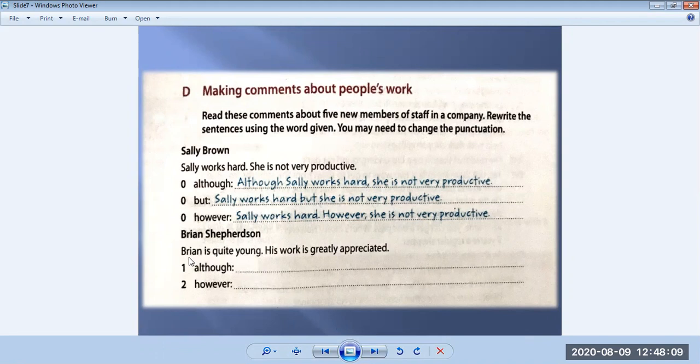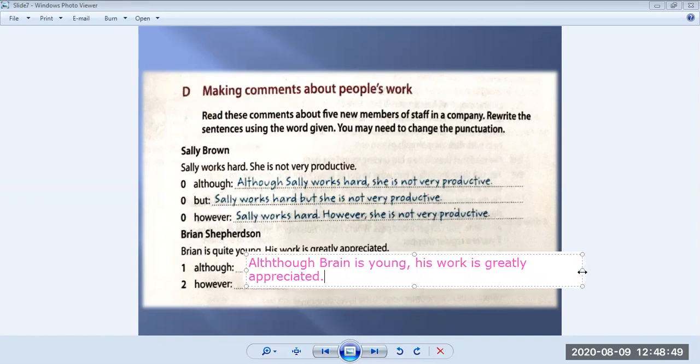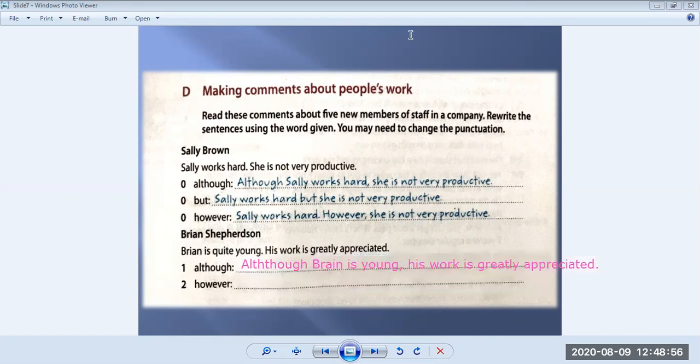You're going to use, change, his brain is quite young. His work is greatly appreciated. So I'm going to give one example over here. Although his brain is young, his work is greatly appreciated. So in such a way, you're going to change the sentence, using the linking words to bring out the right meaning. Okay, so